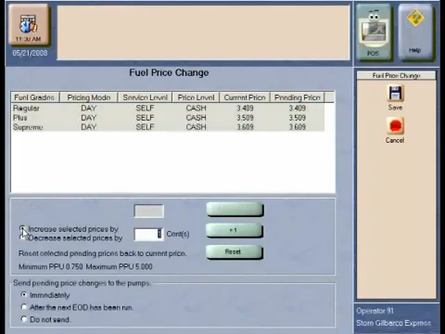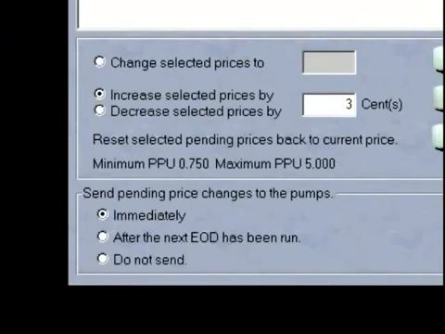To select more than one grade at a time, simply hold down the Control key on your keyboard and then click each grade to highlight it. Once you've selected the grade, you can enter a new price or increase or decrease an existing price by pressing the appropriate button. Once you've changed the appropriate prices, you can decide whether to send the price changes immediately, at